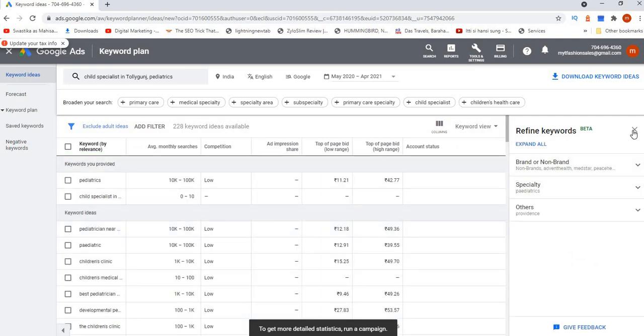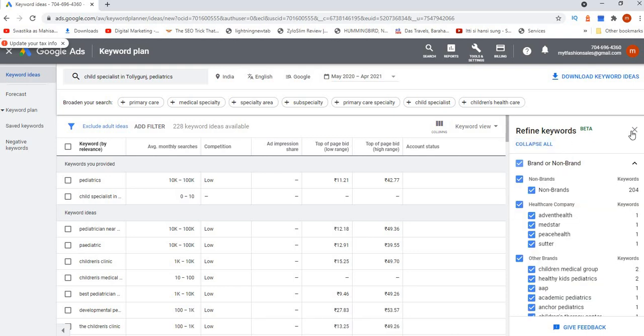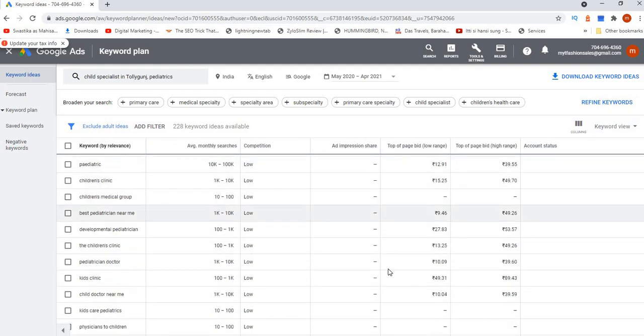Now you see here it shows all the list of related terms that match our search term, that is child specialist in Taliganj, pediatrics in Taliganj. So from here we need to analyze the keywords.